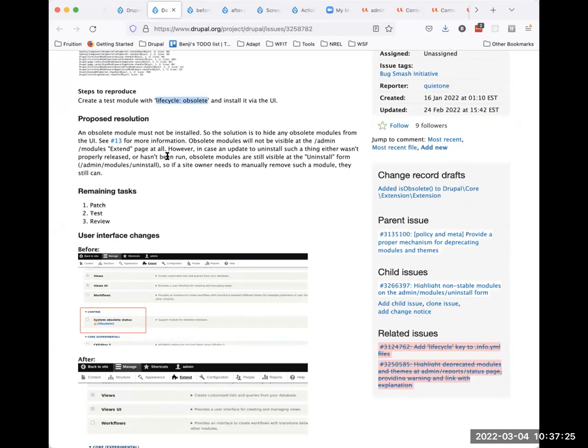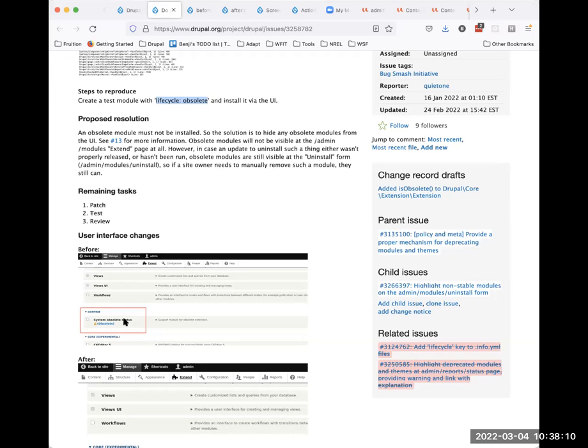It might be helpful if those obsolete modules get displayed at the top of the uninstall list. So at first only the obsolete modules are listed, and underneath, in alphabetical order, the rest of the installed modules. It's okay on the module list page to prevent obsolete modules from getting installed, or trying to get installed and running into that error page. That is totally reasonable. But on the other hand,